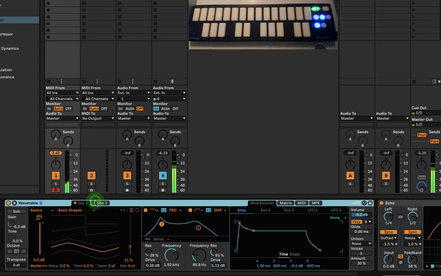Okay, let's go back to our wavetable. I keep hitting two notes at the same time here because I haven't used this lighted keyboard in a while. So I keep hitting both of them like that. Anyways, so let's go back to our wavetable here,